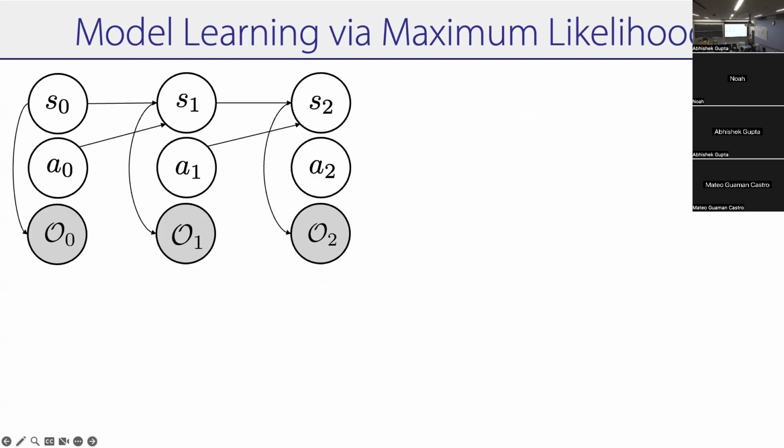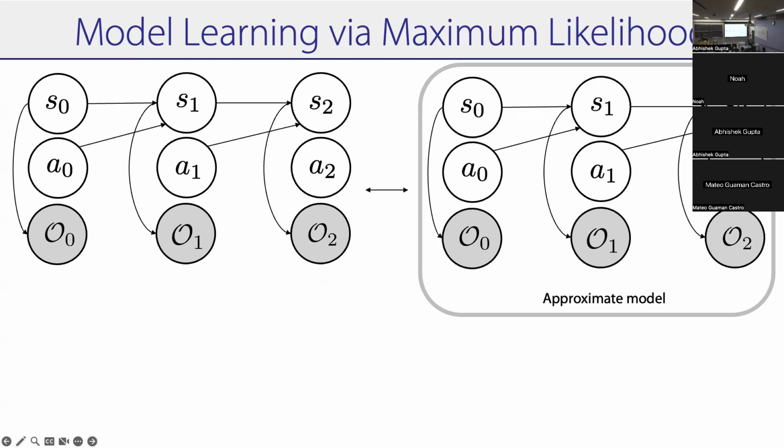Okay. So that's the first thing we did. We've learned the model. We've gone from a model that we didn't know to a model that we do know. The problem here is that we can sample from P of S T plus 1 and get rewards from running things in the environment, but you don't have likelihoods, so you can't optimize for them. Here we have a model P hat where you know the likelihoods, you know the rewards, you've learned predictors for them. So you make a fake model that approximates the true model.